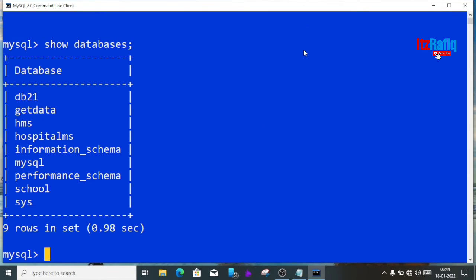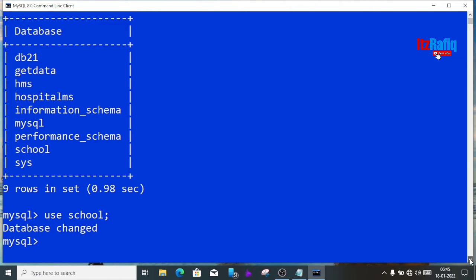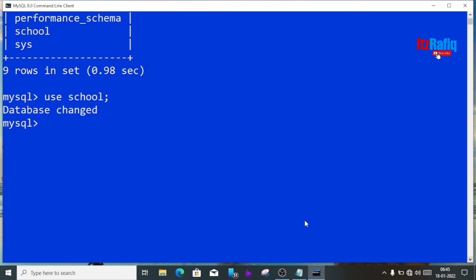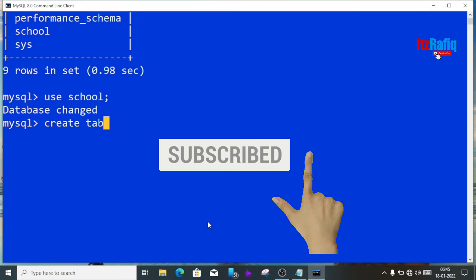So I have this database DB21, HMS, hospital MS, etc. I am going to use school. So use school. Now I am going to create a table employee inside the school database. So the first command will be create table employee,